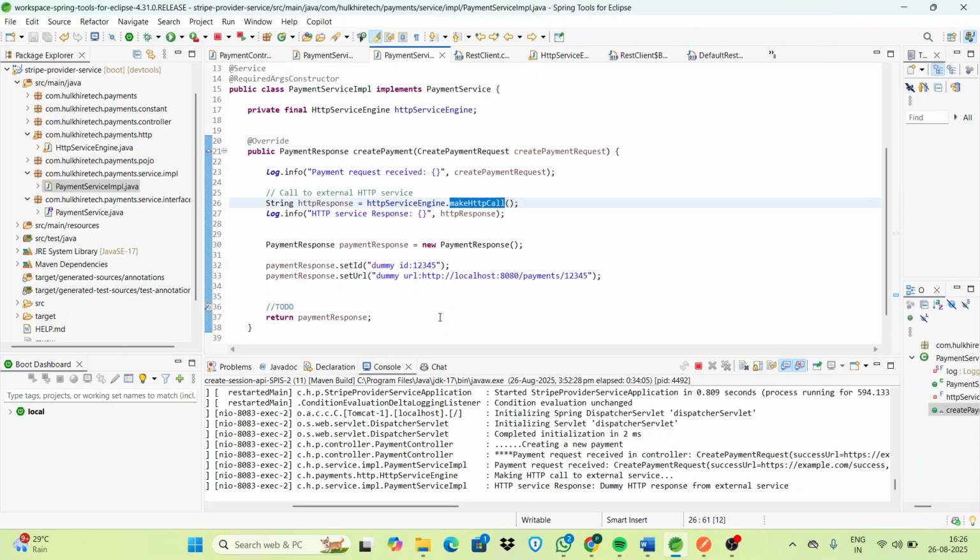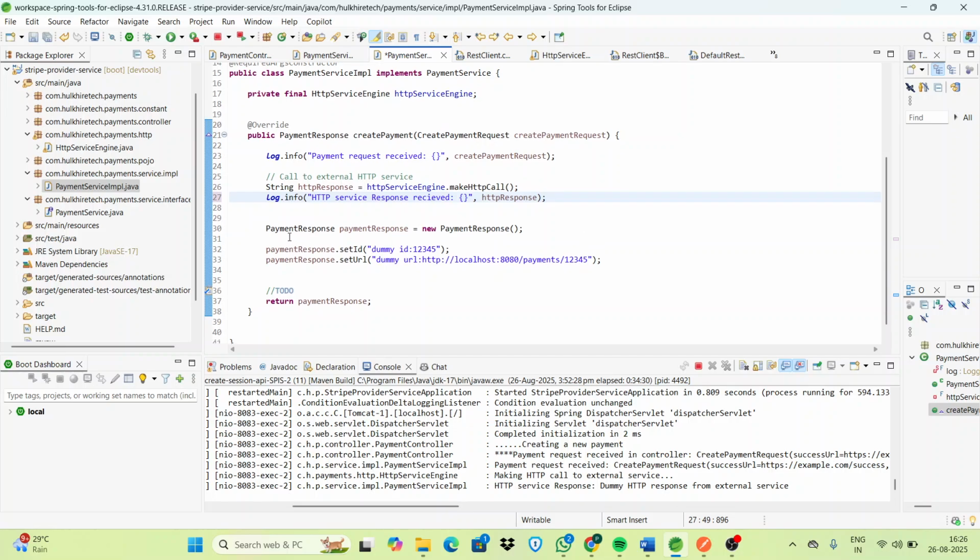So the returned string is stored in this http response, and we are logging that the http service response is received. Here I have mentioned received. So here we are printing that http response, which is nothing but the dummy http response from the external service. Then we are creating the response